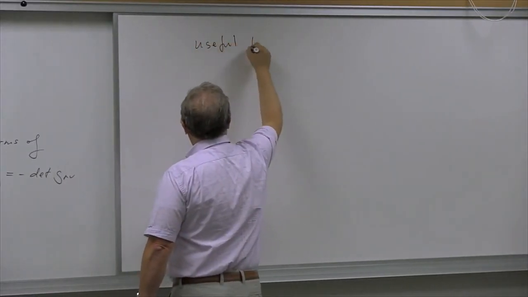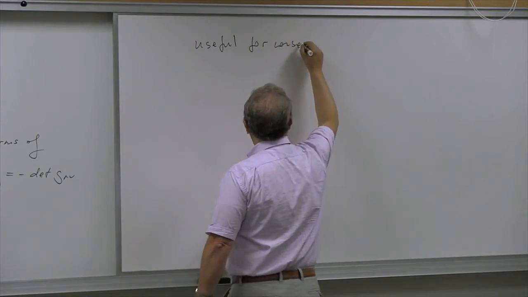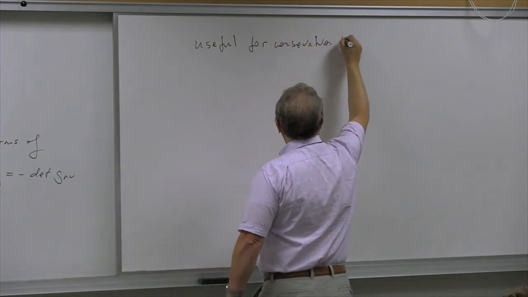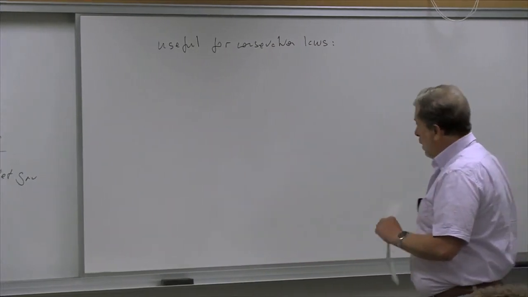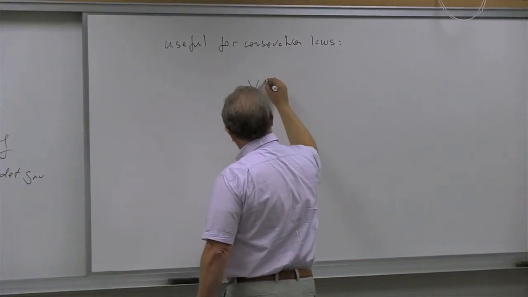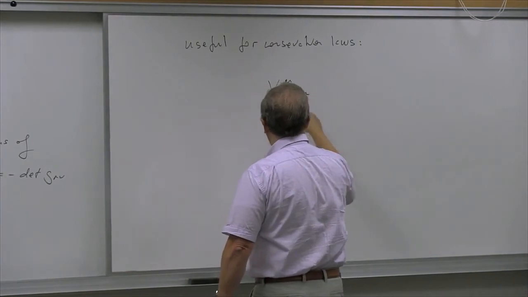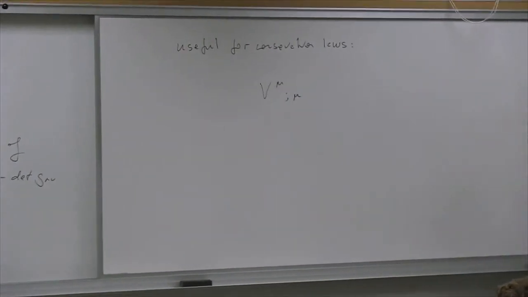So useful for conservation laws. Because suppose you have this divergence, v mu semicolon mu, so this covariant divergence of some 4 vector,